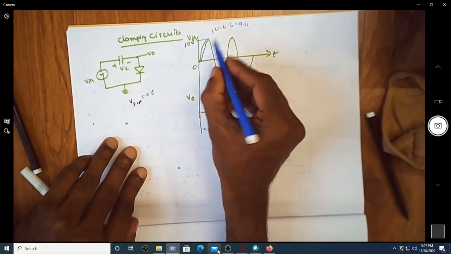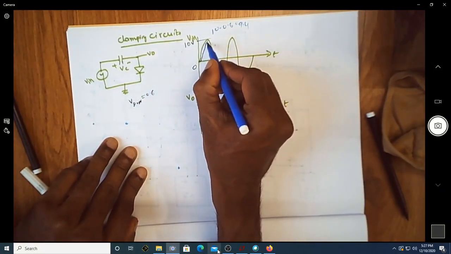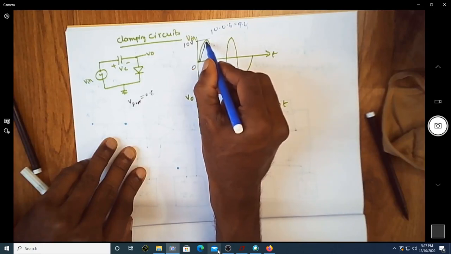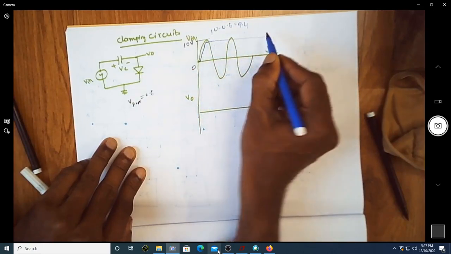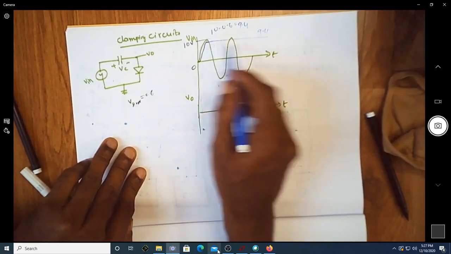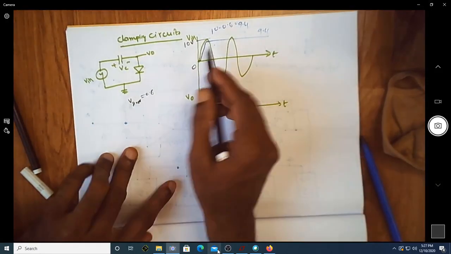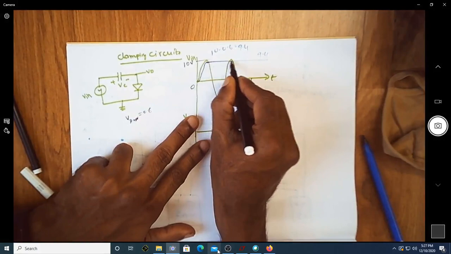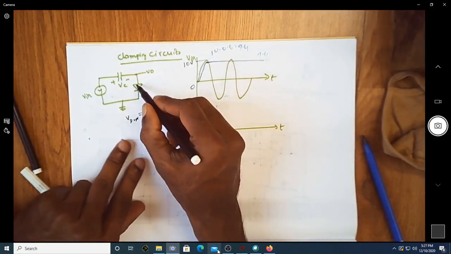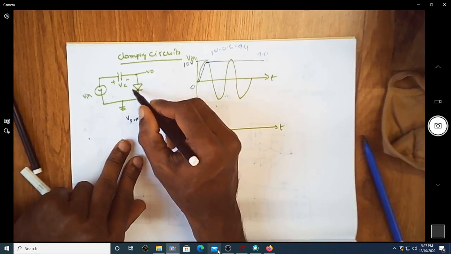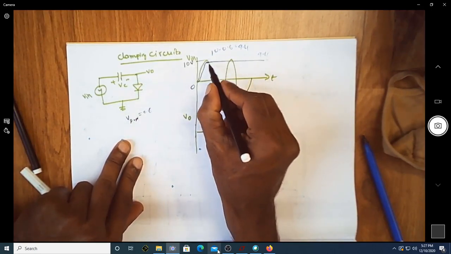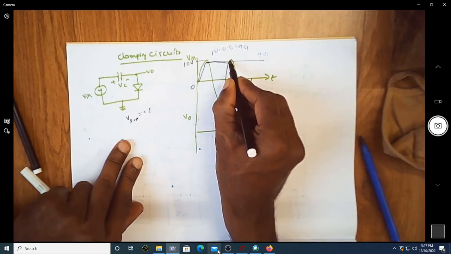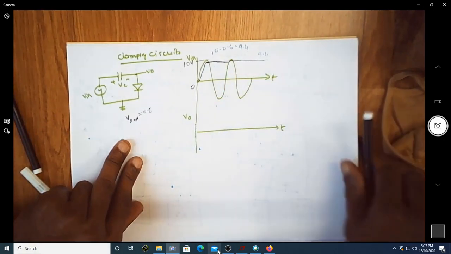Once it reaches 9.4 volts, the diode turns off, and since the diode is off, there is no discharge path. The voltage across the capacitor will remain at 9.4 volts from this point of time. Since we are considering a typical diode, the diode will have some resistance even during the negative half cycle. So what can happen is that it slightly discharges, and then it charges again to 9.4 volts and is retained there.